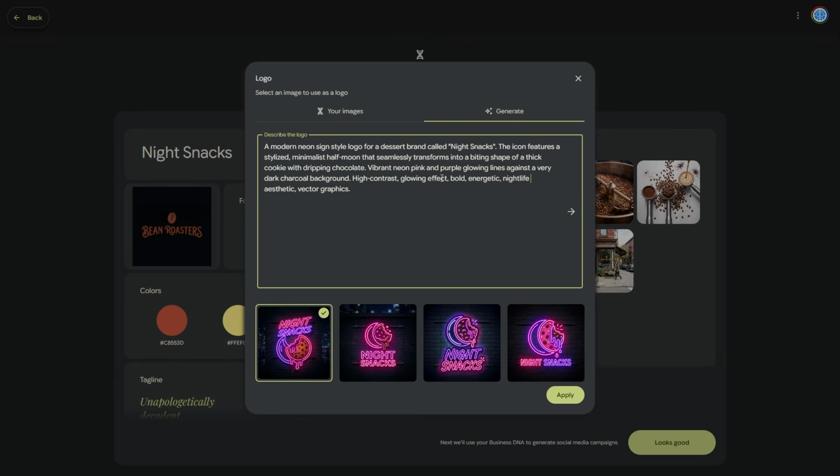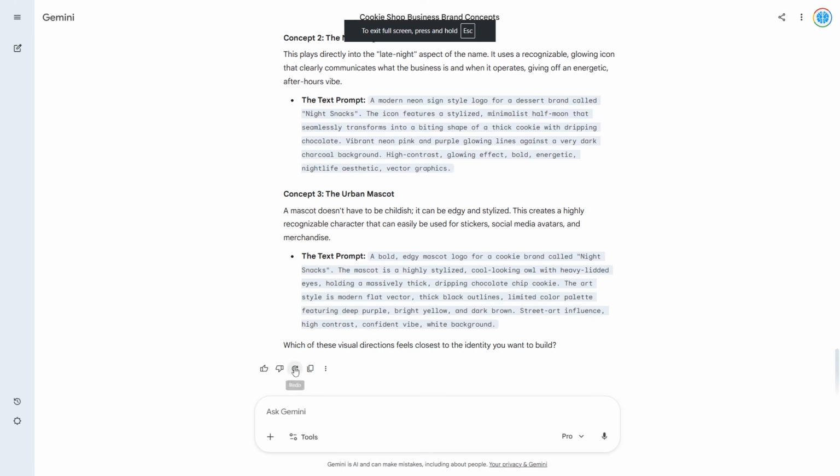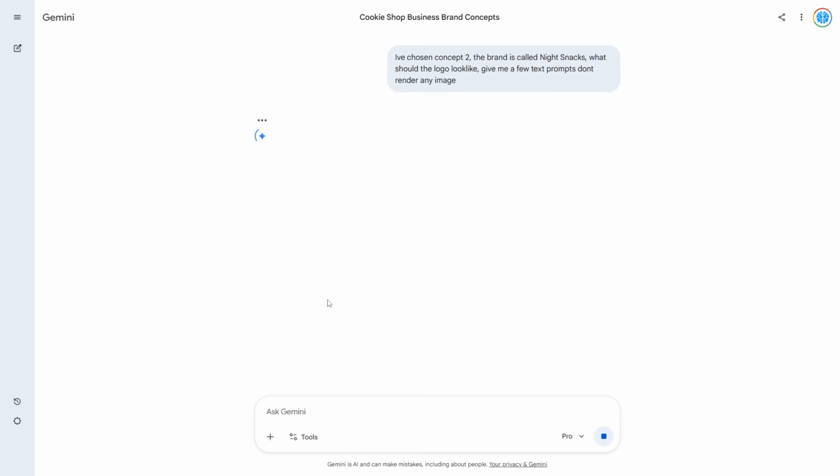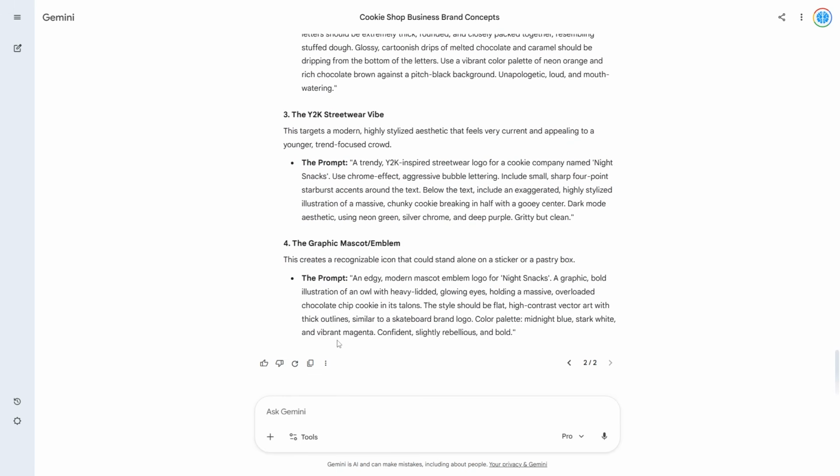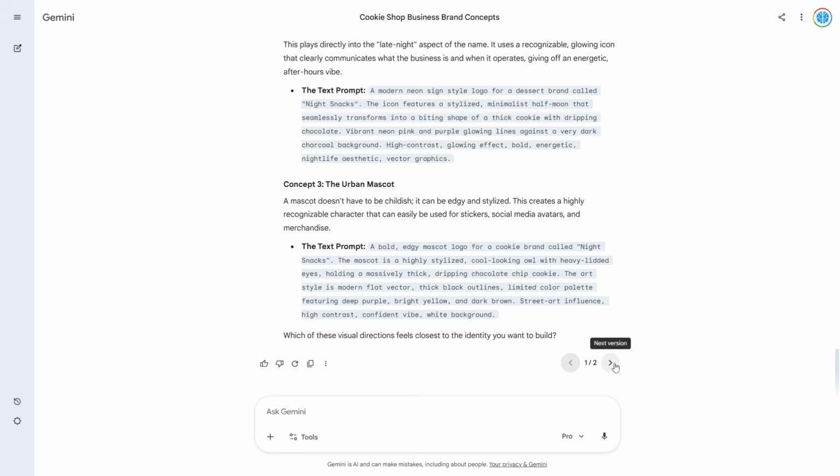Now do remember that even if you don't like any of these logos, you can always just go back to the chat and just hit the refresh button. And this is just going to give you even more concepts. So if I hit redo here, I can just literally say try again. And so what it's now going to do is just hit the same prompt. And it's just going to give you 3 separate different asks. And so here you can see it's going to give you 3 different ones, which is of course useful. And if you miss that, and if you want the other one, you can just hit back or forwards